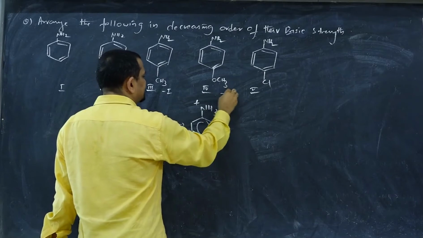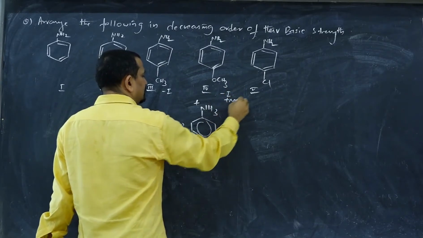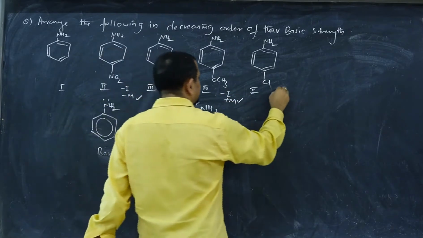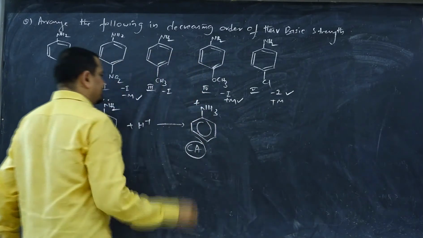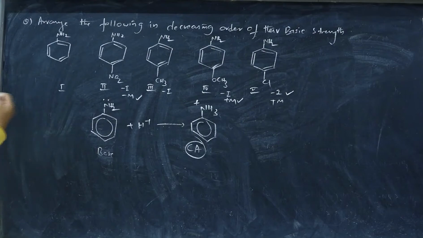And methoxy, it is minus I and plus M. Plus M is more operating. This is minus I and minus M. Minus I and plus M. Minus I is more operating. Minus I and plus M, correct. Plus M is more operating, correct. Now,